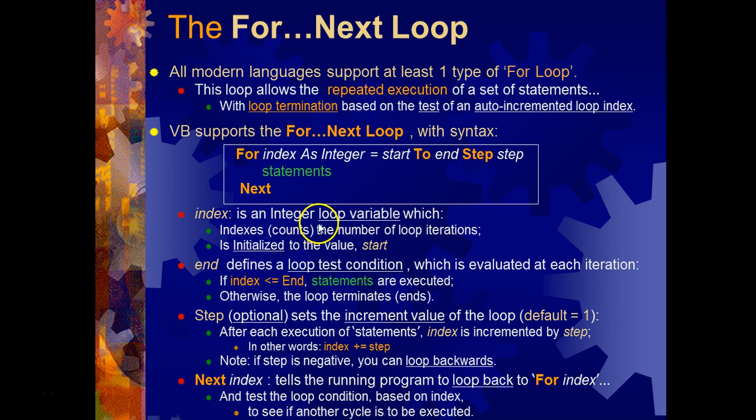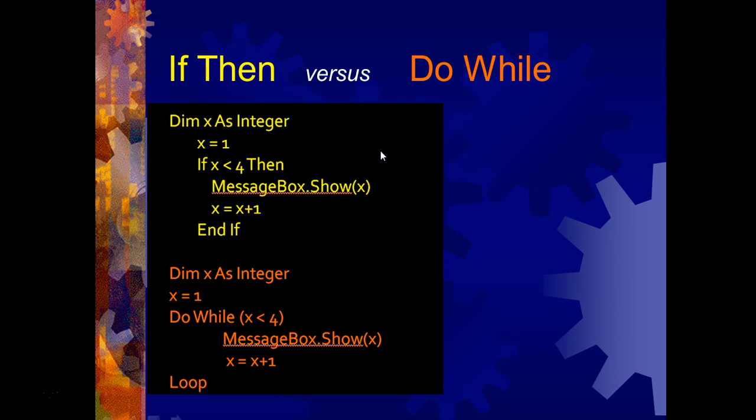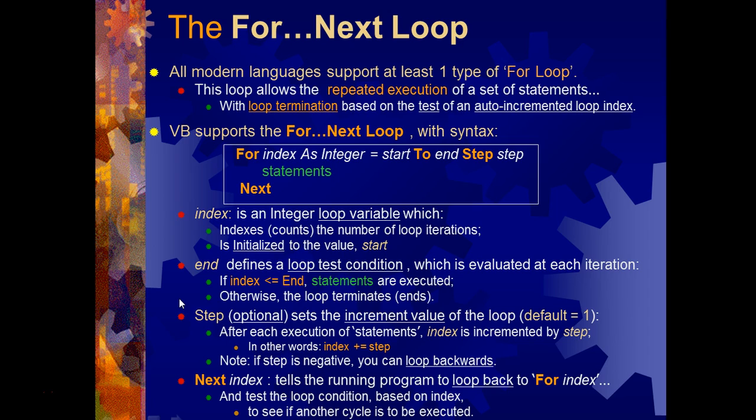index is an integer loop variable which, so this thing I, that's what we call I, indexes or counts the number of loop iterations. I went from, we said from 0 to 10 or from 1 to 10, whatever. It is initialized to the value start. So in the while loop, we specified a value of x up here. We initialized x up here, but here it's automatically initialized to start. Okay,